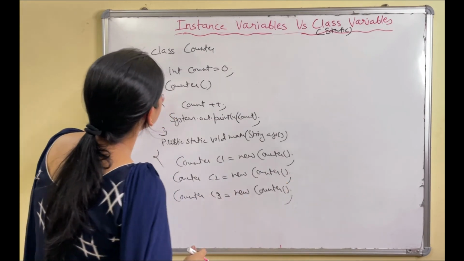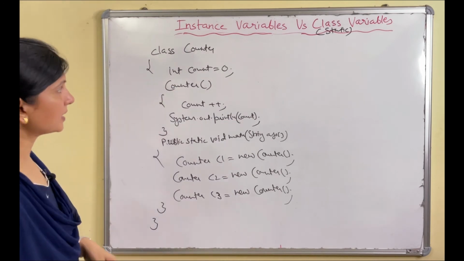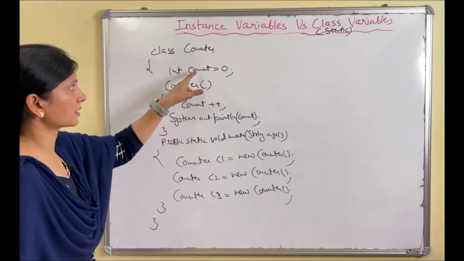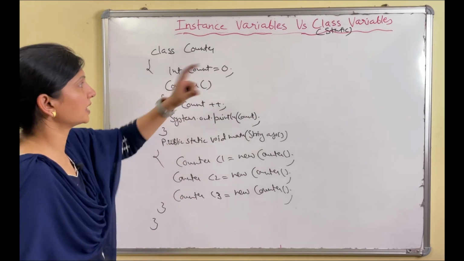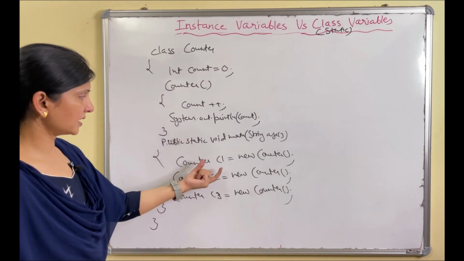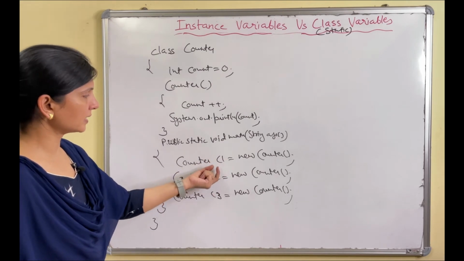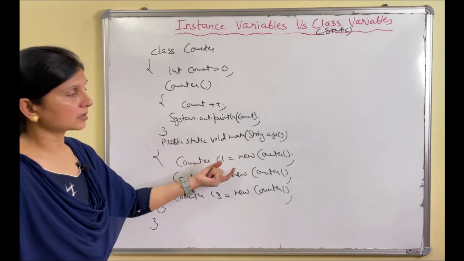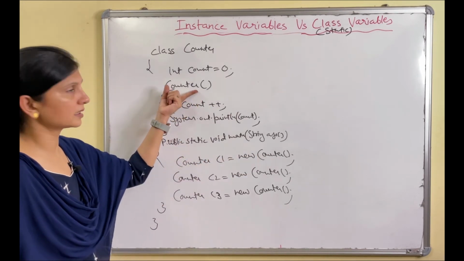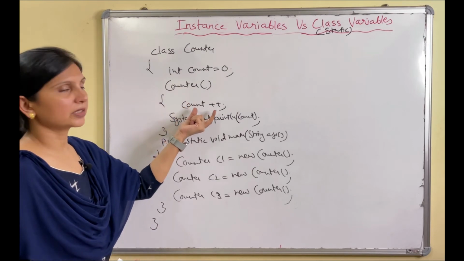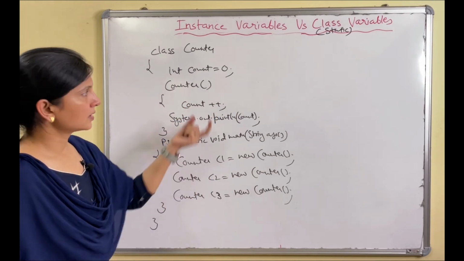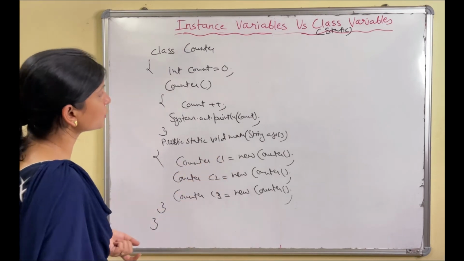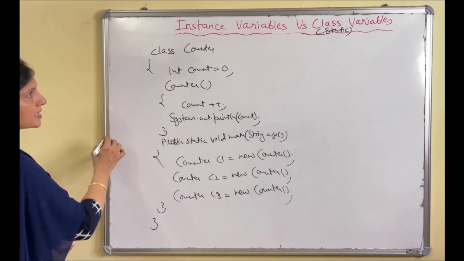So instance variable we have already studied. What are instance variables? That is declared within class but outside the constructor or method. So count is the instance variable, right, which we have initialized with 0. And as we create or instantiate the object, Counter C1 = new Counter(), that will invoke the non-parameterized constructor. Here it will go, and in the constructor we have given the increment to the count. So as we know, these C1, C2, C3 have their own copies of the instance variable.